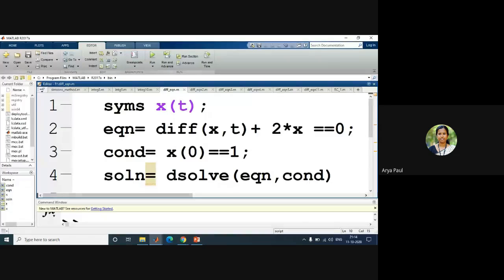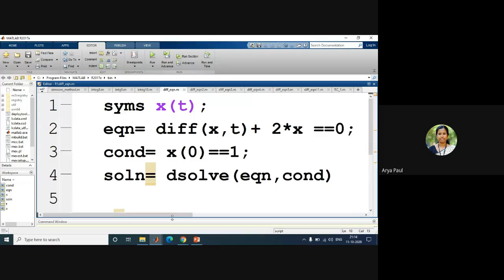As you can see here, I am defining x of t, because x is a function of t here, as a symbolic variable in MATLAB. That is why I am using syms, which is a function. So you can represent x of t, because x of t is a function, as a